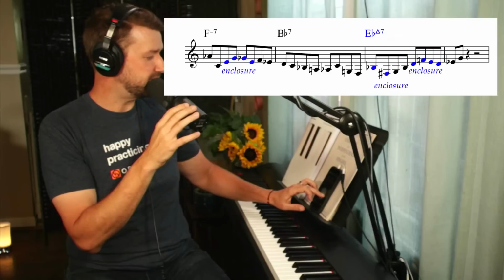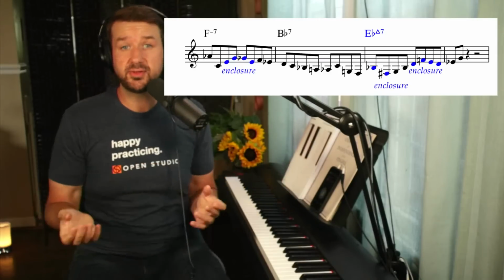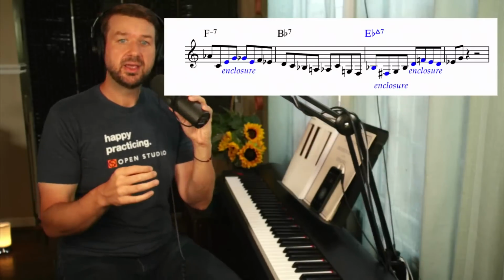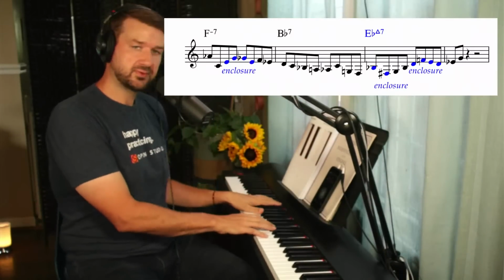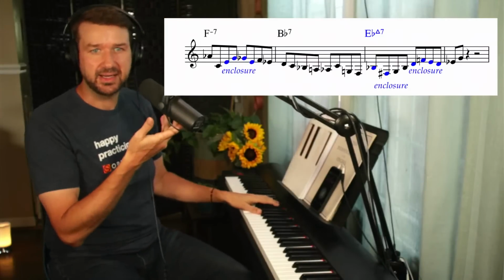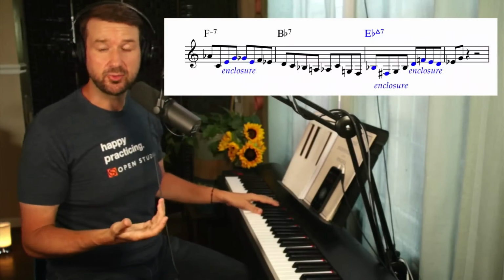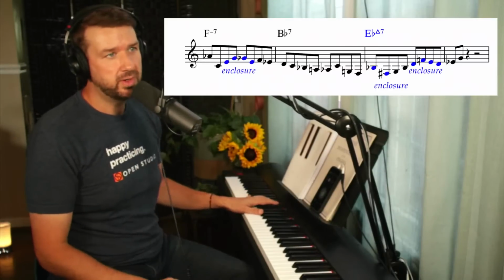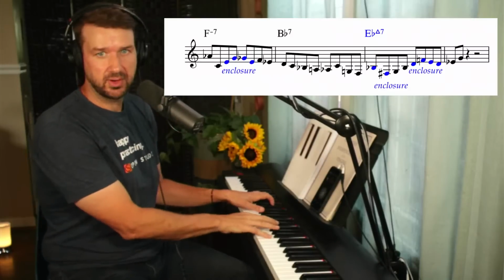Let's go through it slowly. Very slowly at first, and straight. We're just going to get the feel of the line in our hands. So don't worry about the chords. I'll play some chords underneath. Just play this lick with me. Let's just get the general shape and the notes right. And then we'll get the feel and we'll speed it up a little bit later. Let's try it. 1, 2, 3, and 4, and...